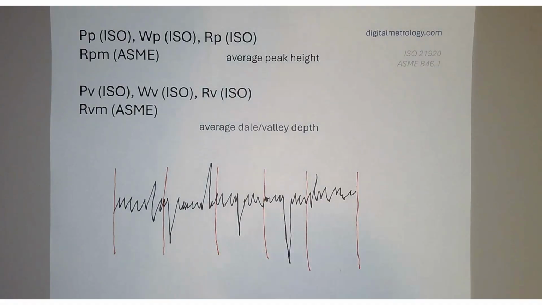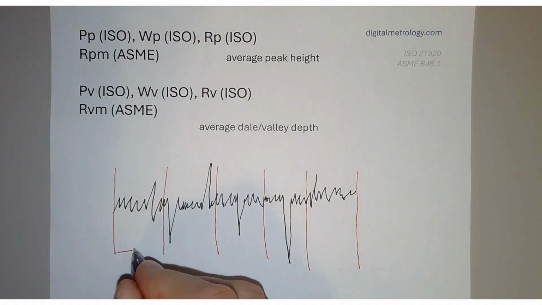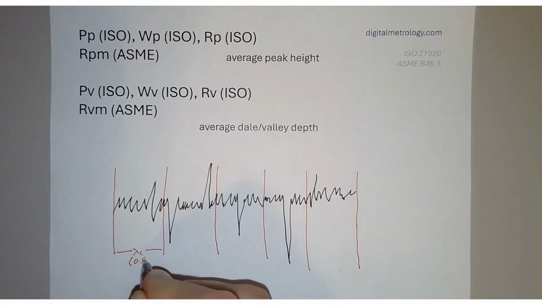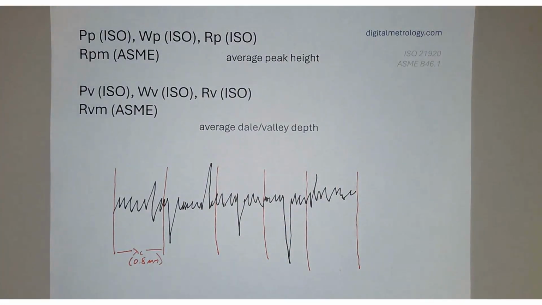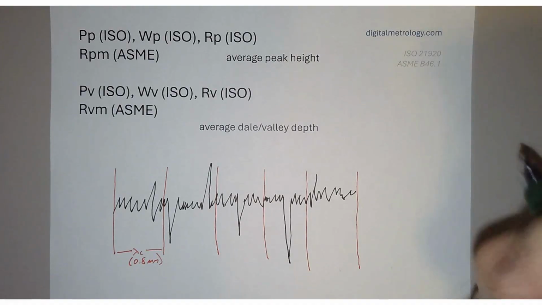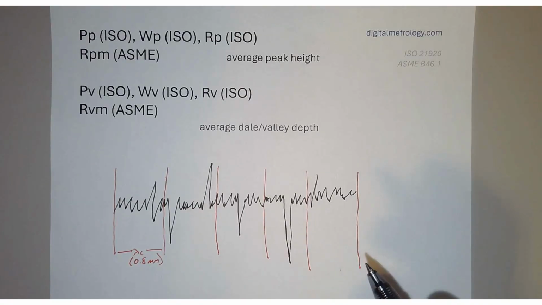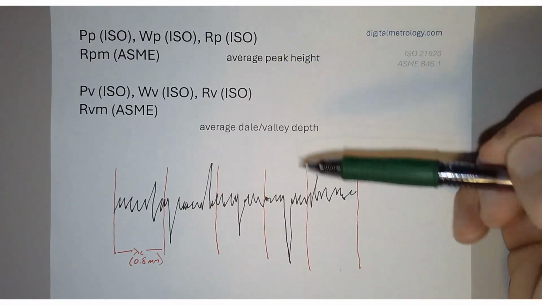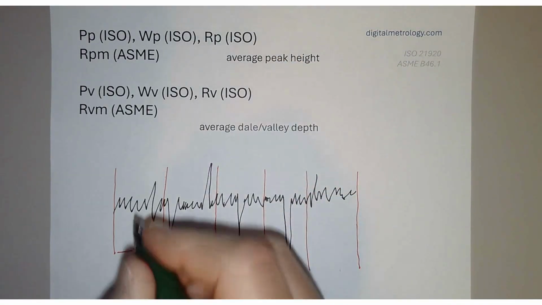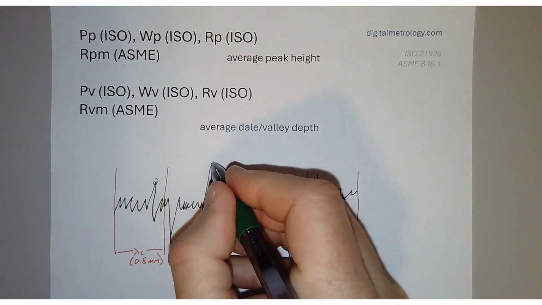So like RZ, we're going to break the surface into sampling lengths, and a sampling length would be a filter cutoff wavelength in the case of roughness, for example 0.8 millimeters, and in the case of waviness or primary, we may just simply break the profile into 5 sampling lengths. Whatever length of evaluation data we have available, that evaluation length is broken into 5 samples. But for the case of roughness, we're going to use the filter cutoff wavelength,